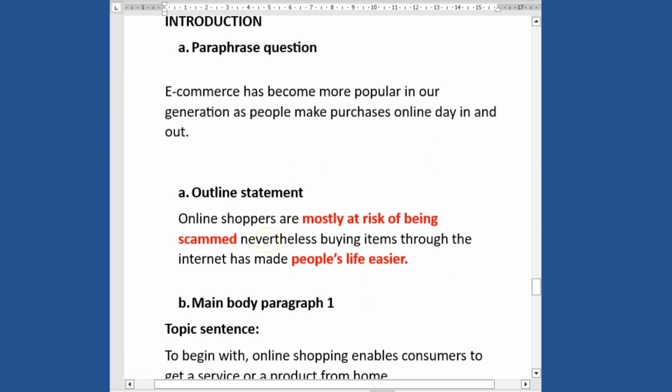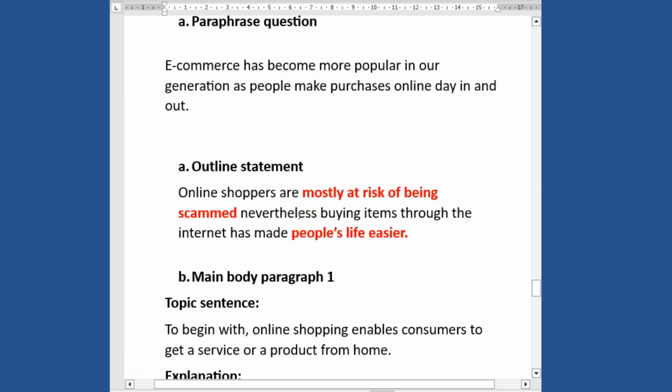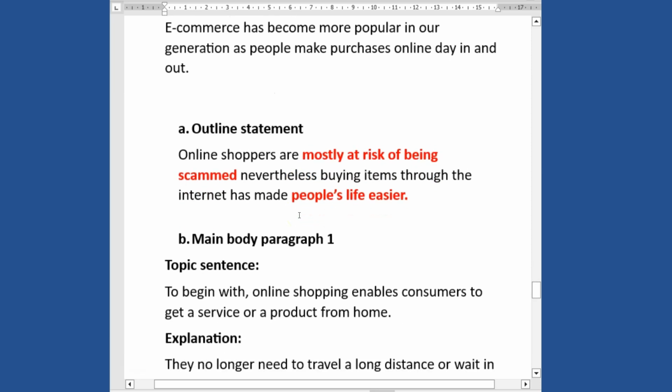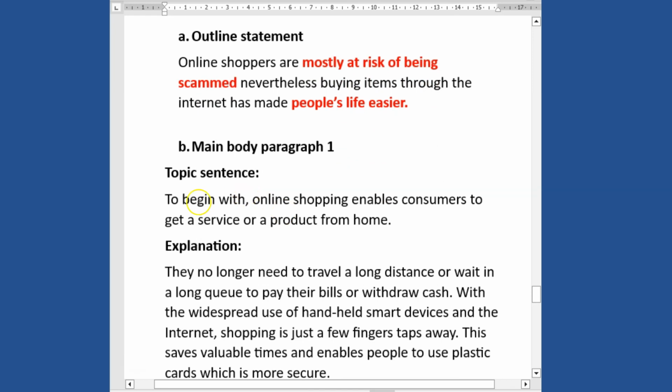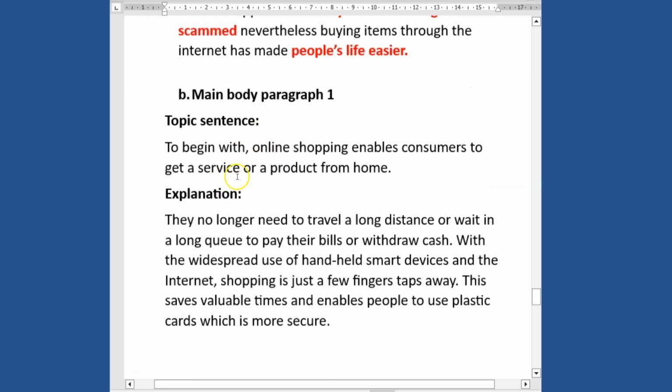Then, because we are not asked to give an opinion, we just went on to talk about what we are going to include in our essay in the outline statement. Online shoppers are mostly at risk of being scammed. Nevertheless, buying items through the internet has made life easier. We came to the topic sentence. To begin with, shopping online or online shopping enables